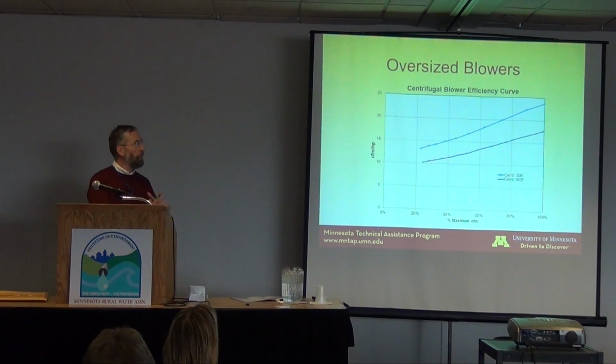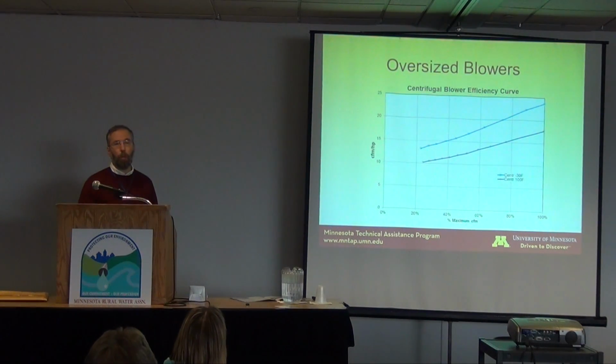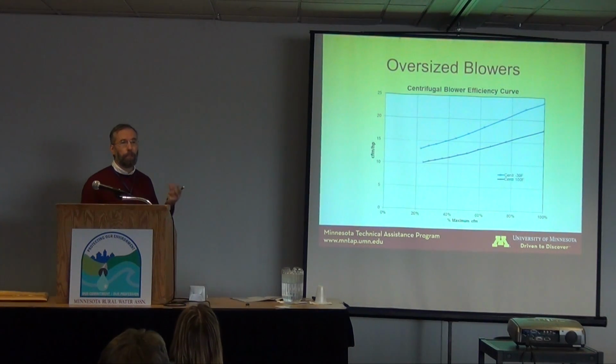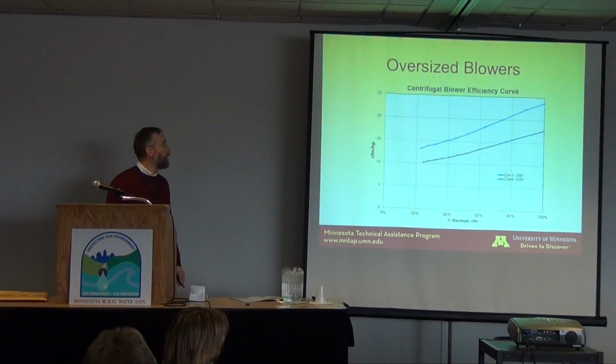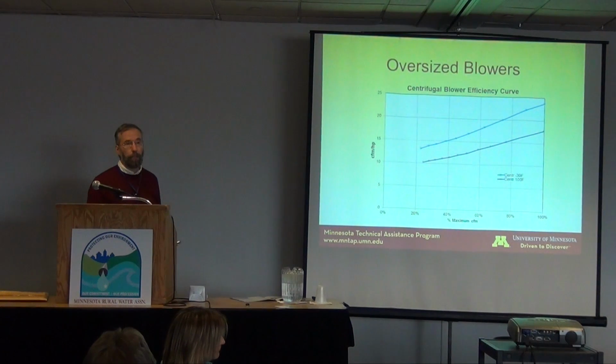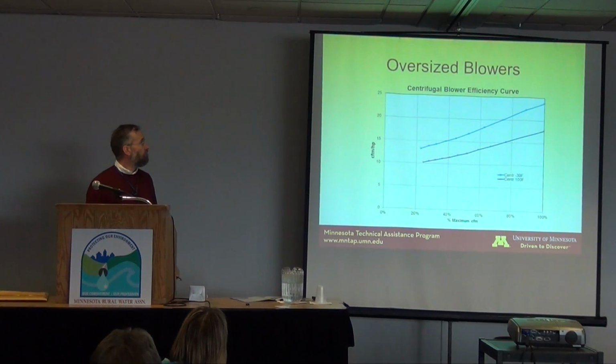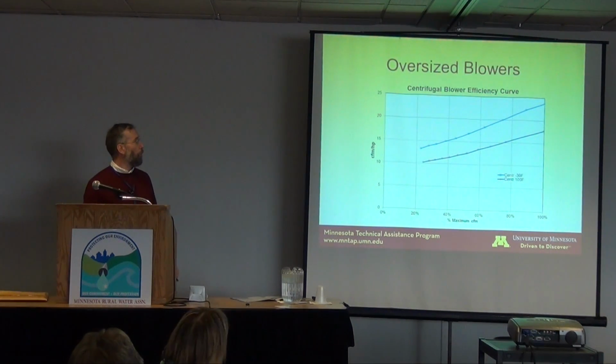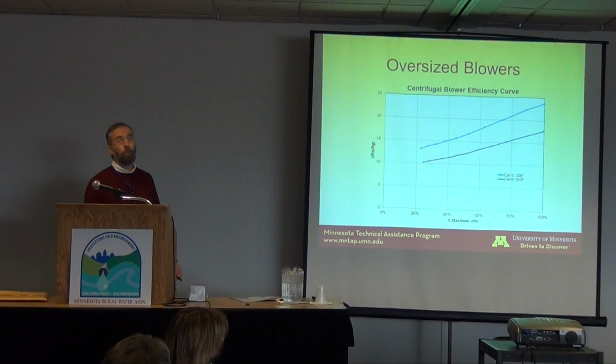I guess the reason that oversize is an issue is this is basically taking blower curves from the centrifugal blower and putting them in a different output, basically CFM per horsepower, or how much air are you getting for the power input. And essentially at 100% for these particular blowers, for the top curve, the minus 30-degree curve, you're almost 25 CFM per horsepower. Down at the bottom of its useful or operating range, it's almost half of that, or around 13 CFM per horsepower of input. Next,